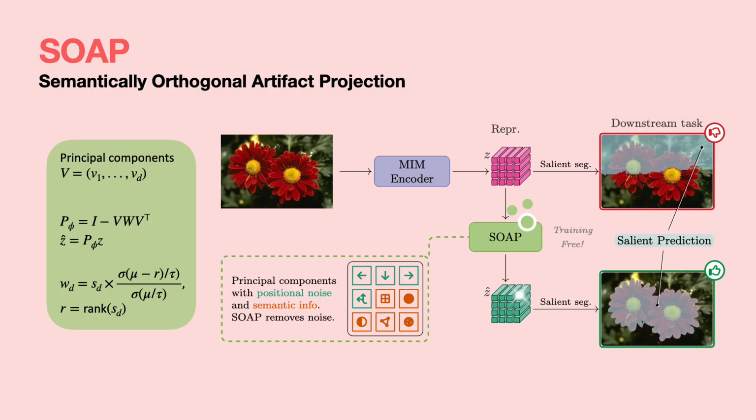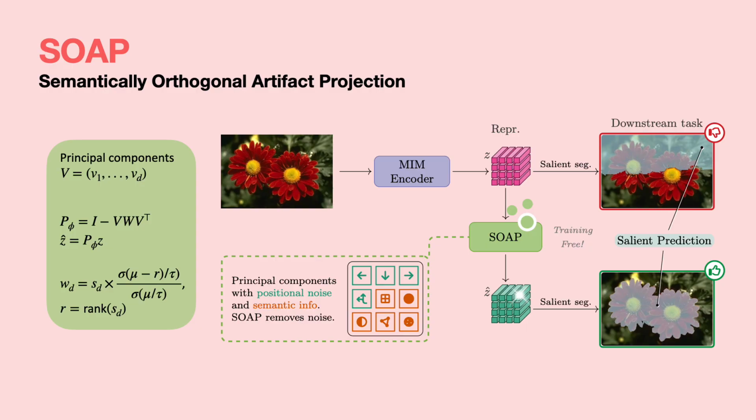To suppress non-semantic noise in patch representations, we introduce SOAP, Semantically Orthogonal Artifact Projection. It uses the semantic invariance score to identify and weight the components to suppress using a Gram-Schmidt-based projection. The process of SOAP is simple. It only requires estimating the principal components of the model's patch representation space and computing the semantic invariance scores for the components by comparing a small dataset of real images to generated synthetic images. It requires no training and can be attached as an external module to any pre-trained vision transformer backbone.